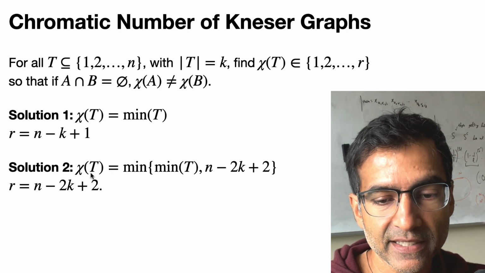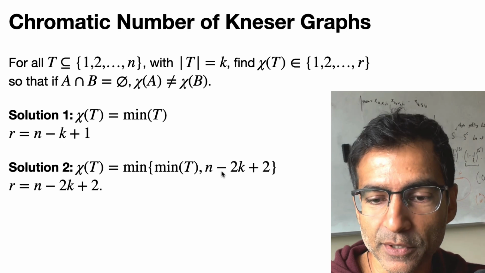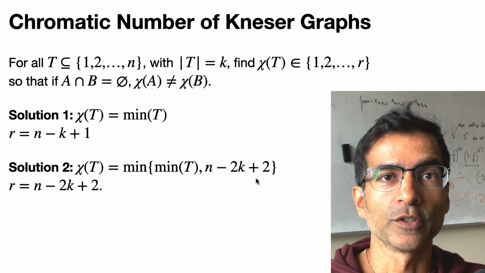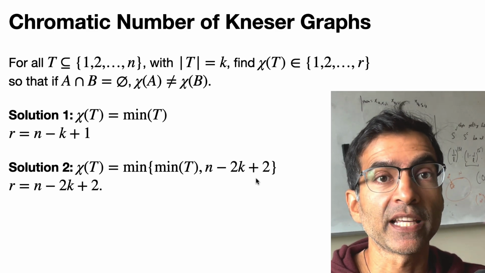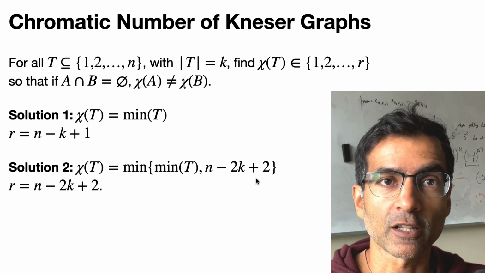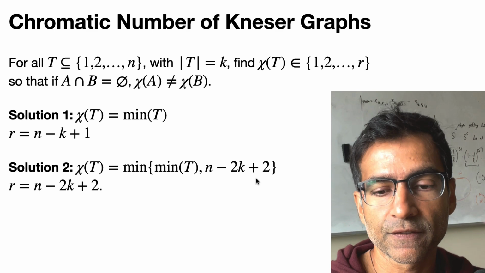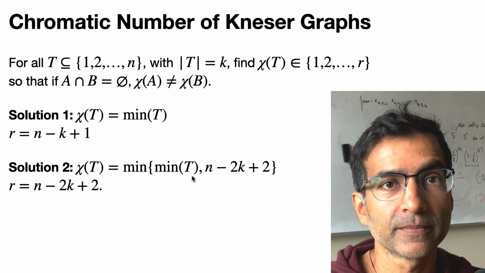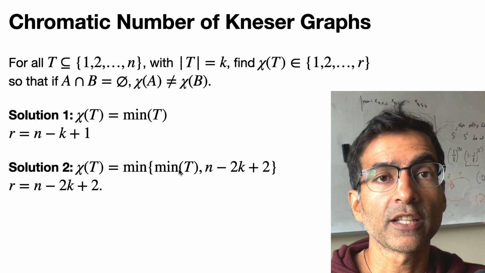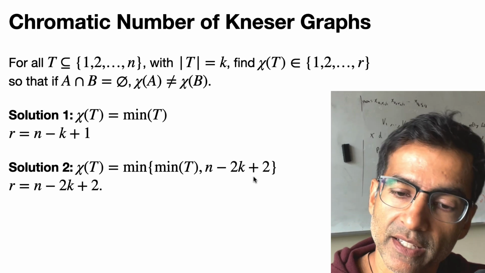Let's color every set T with the minimum element of the set and the number n minus 2k plus 2. So this coloring uses only n minus 2k plus 2 colors, and I claim that it's still a good coloring. The reason is, if you have two disjoint sets A and B, and one of them gets colored by its minimum, then the coloring is still valid for the same reason as before. On the other hand, if both of them get the color n minus 2k plus 2, that's not possible,